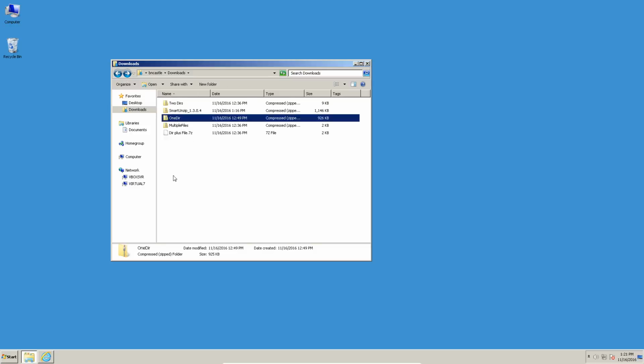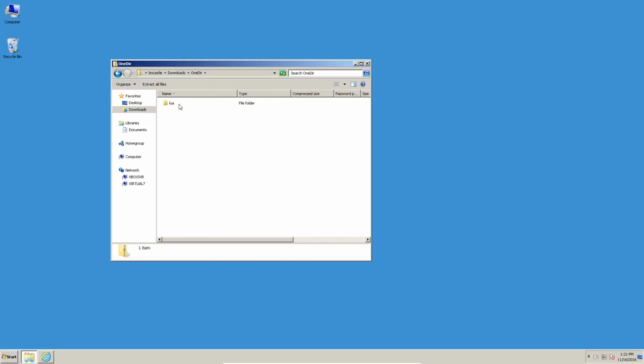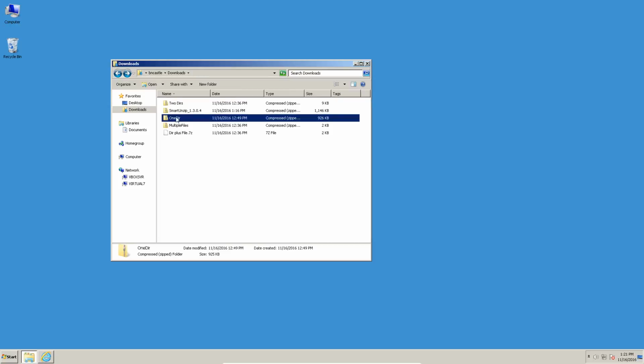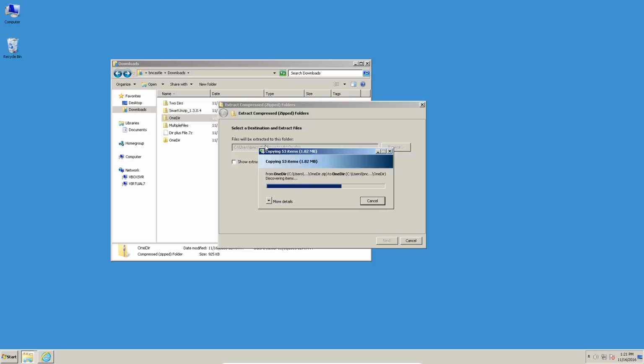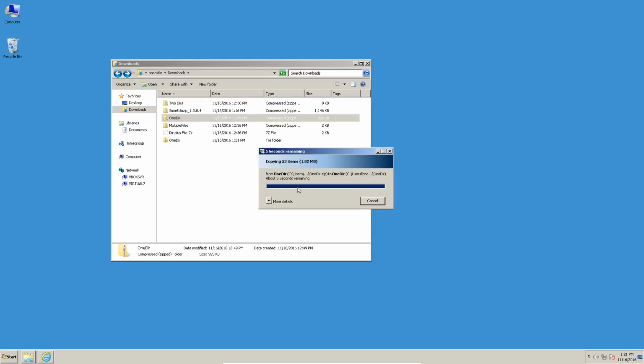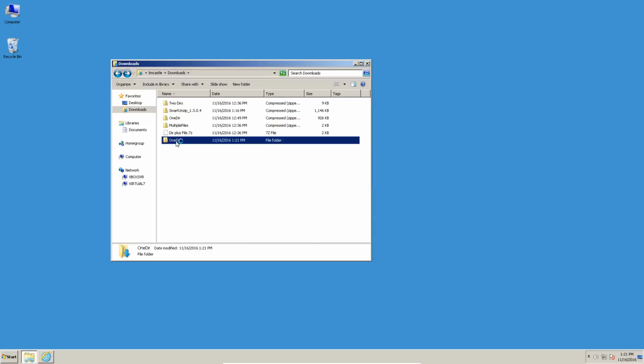So I've got a zip file right here, and I've named it one directory, and that's because it has one directory inside of it, and I'll show you what it looks like. So that's what's inside of this zip file, just a single directory. So if I just go over here and say extract all, using just the plain old Windows built-in zip file support, then it's just going to extract everything, and it'll be great, except that if you notice here,